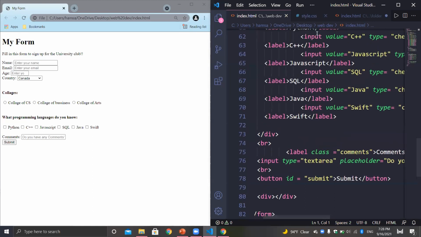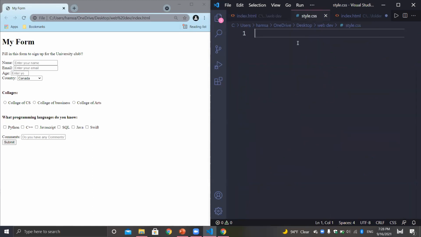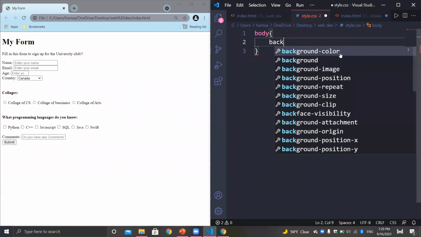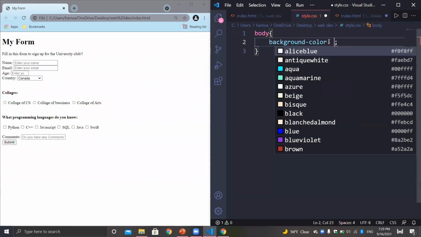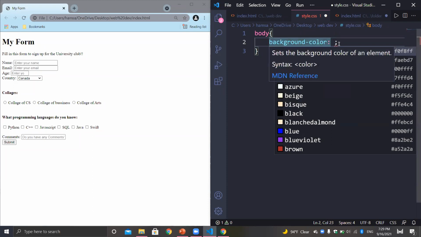Okay. So now let's go to the CSS. So let's choose the element that we're going to design. The first element that we're going to design is the body, which is all of this over here. So let's write our element. So it's going to be body. Okay, and then we're going to put our curly braces, and then we're going to have a property and a value. So let's say background color. Okay, so and then I got a colon, and then I'm going to put the value here